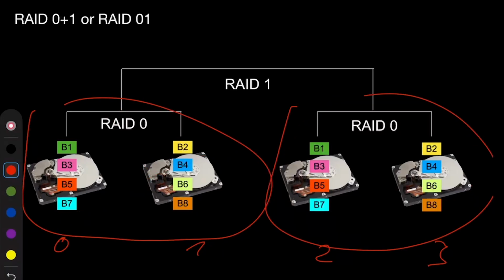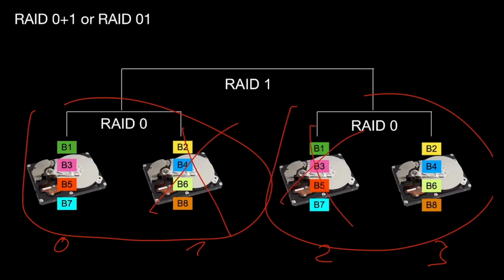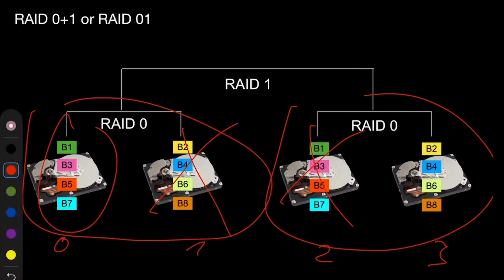Or 2 and 3, same thing, mirrored. Or maybe 1 is failing and 2 is failing. That was a lucky one, because here now I have the odd blocks here and the even blocks there. And there already we are in a system issue, because